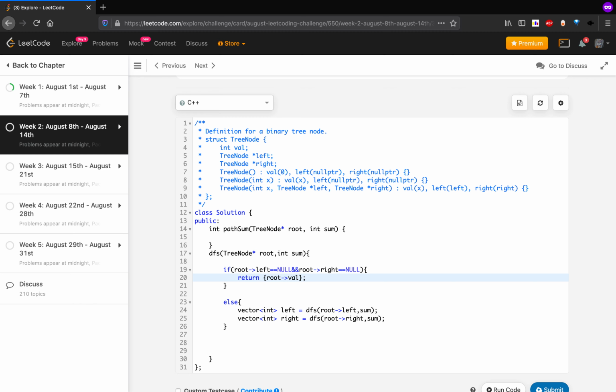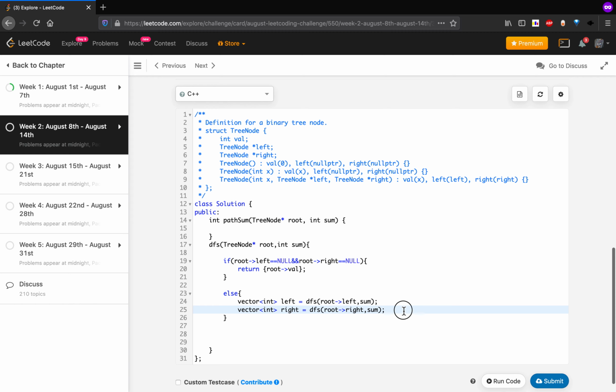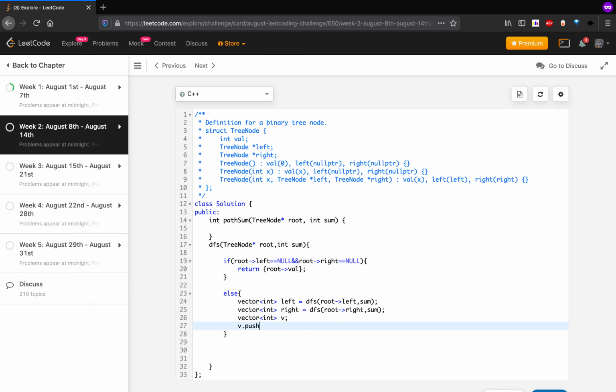So here let's take a vector v and v dot push back root value.